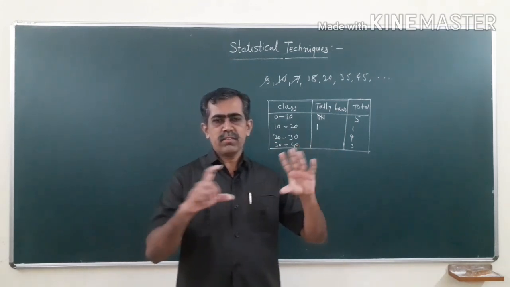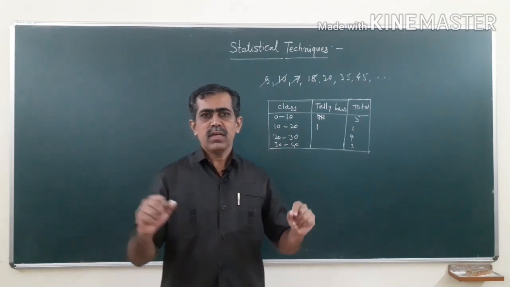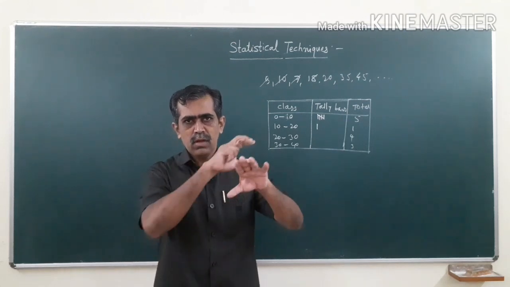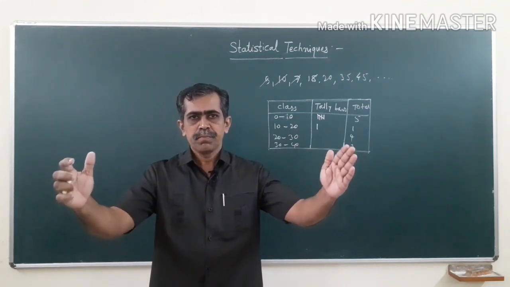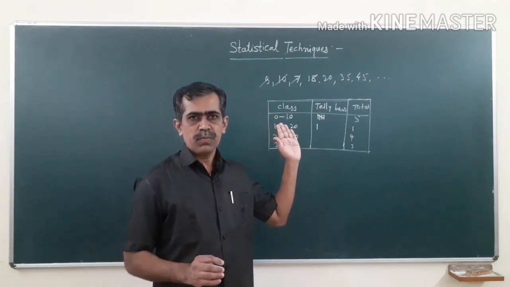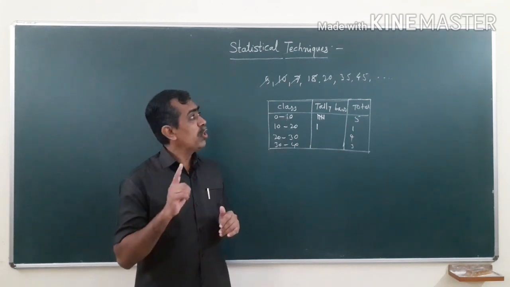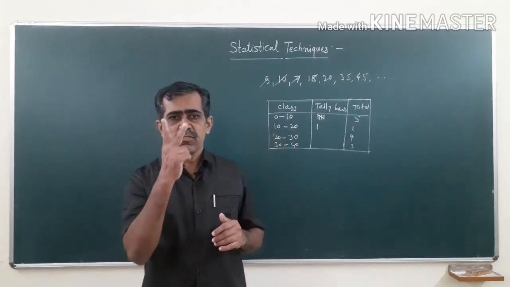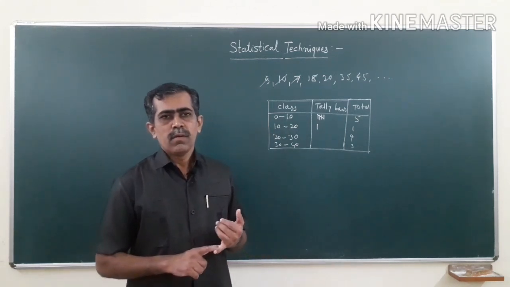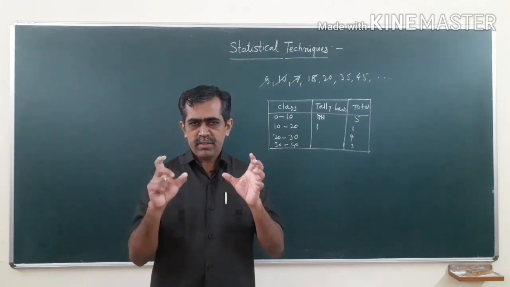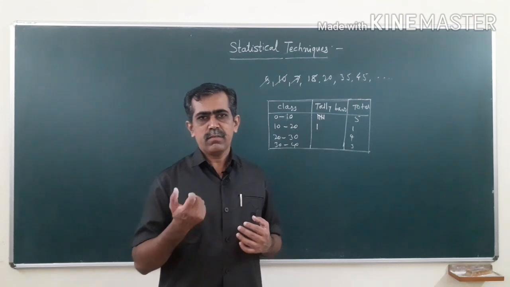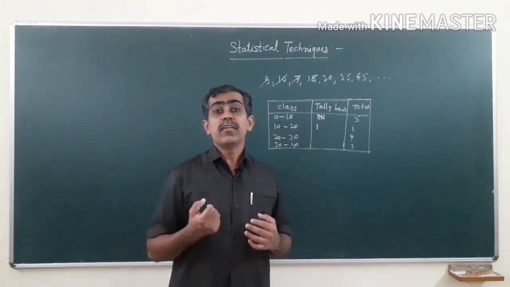Suppose there are 8 subjects and the 8 subjects have different marks, and you say I have 67% marks. So 67 is that number which represents the marks of all 8 subjects. Such numbers which represent the whole of the data are called averages. So, unit 1 is summarization measures. It consists of two main subunits: measures of central tendency, whose other name is averages, and the second subunit, measures of dispersion.